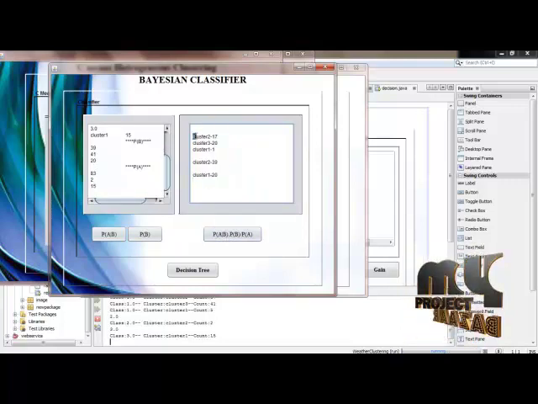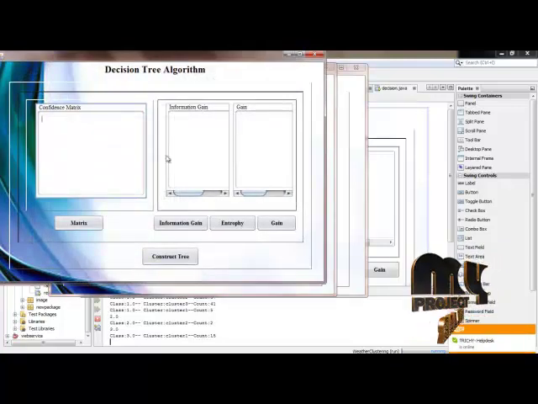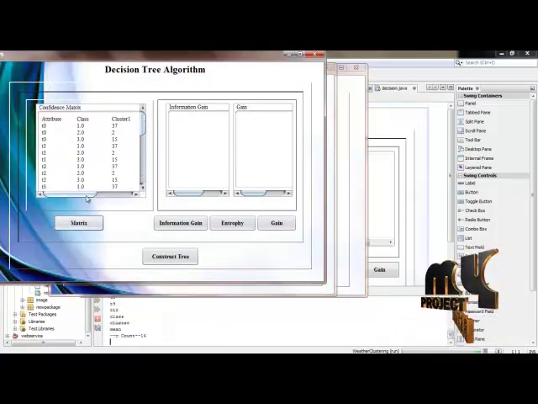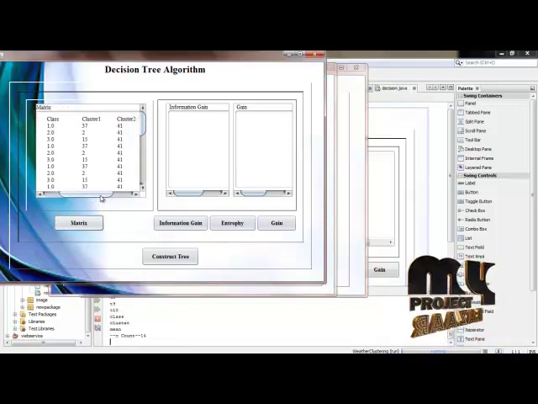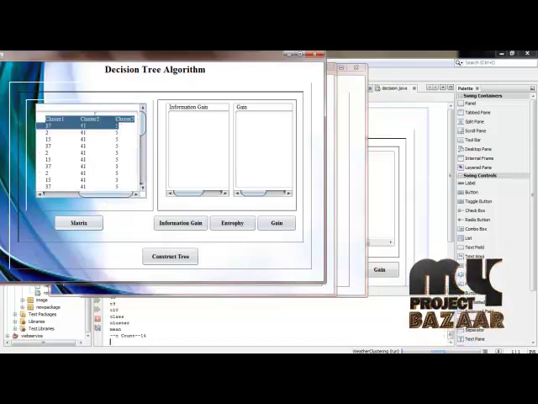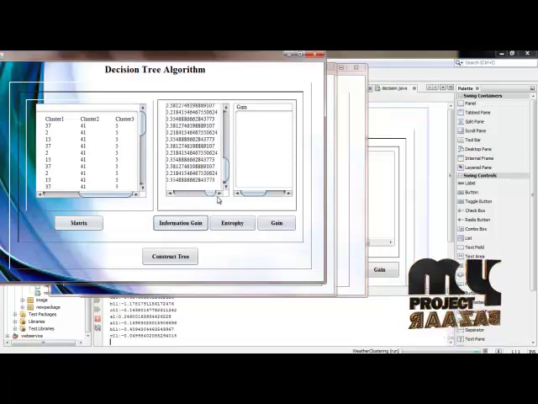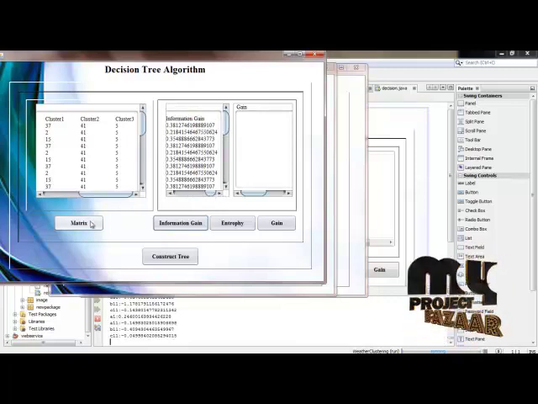Now with the help of these values, we are going to generate a decision tree. For this decision tree algorithm, we have to calculate the confidence matrix for each attribute and its corresponding classes, and the number of clusters contained in 1, 2 and 3, and finally we can calculate its information gain for each matrix. We get it here